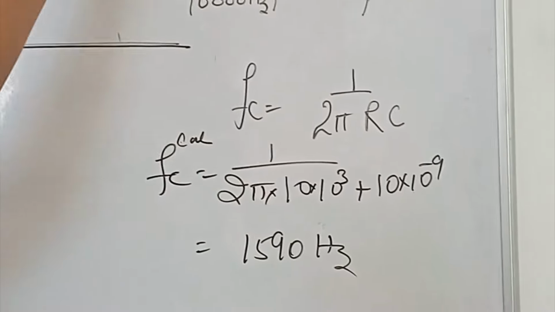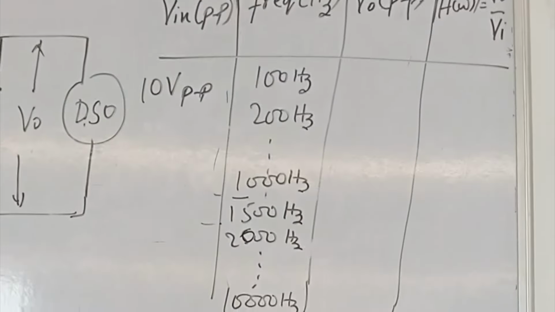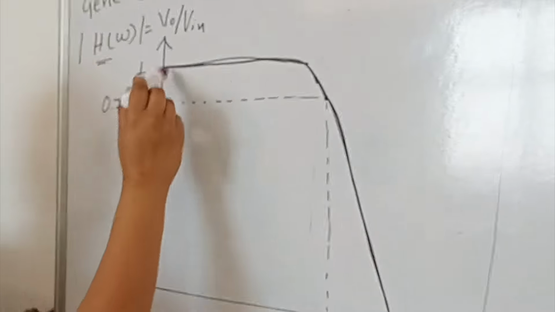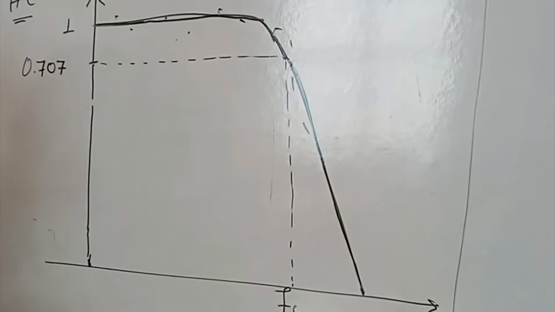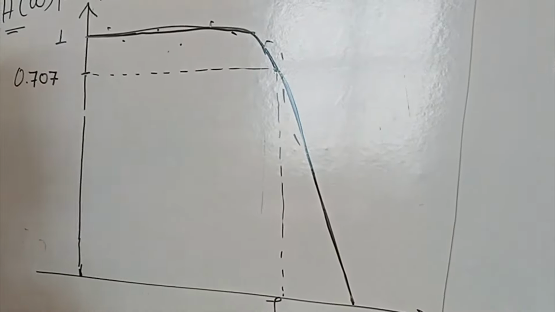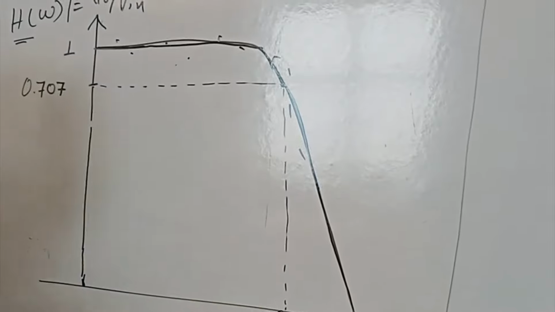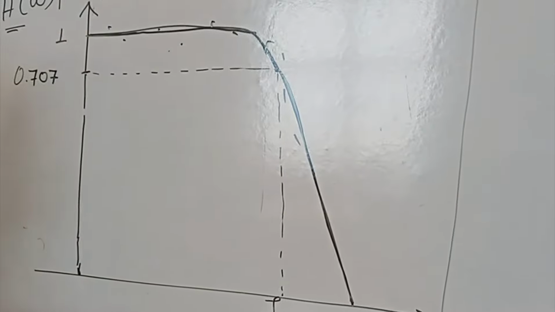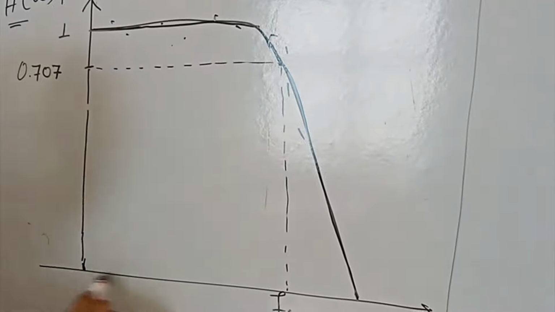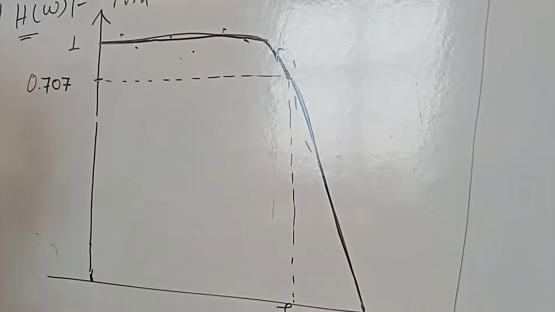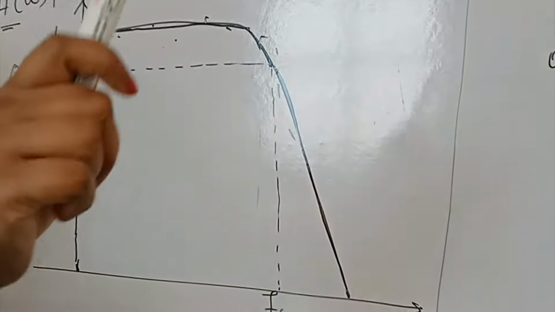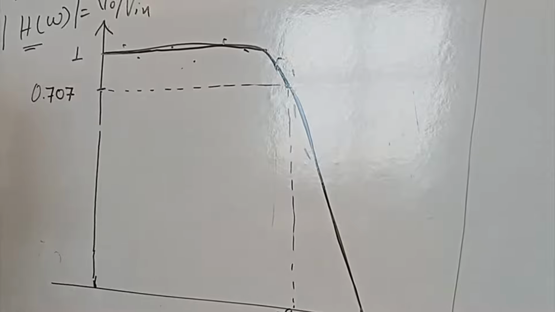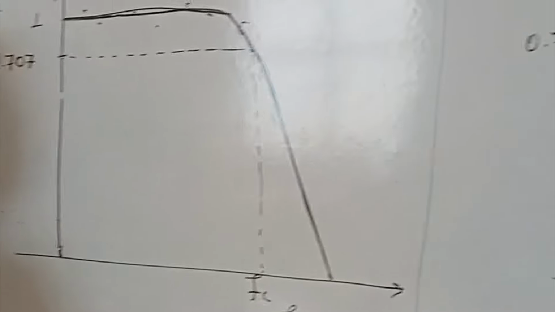But when I take this observation and plot this data onto the graph paper, I get a graph like this. You get a few points over here, and then you join those points with a free hand. First make this graph on semi-logarithmic graph paper, where the x-axis should be on the log scale, so that you can plot 100 Hz to 10,000 Hz. Otherwise, it is very difficult to cover the whole range on one axis. So always use the logarithmic graph paper.